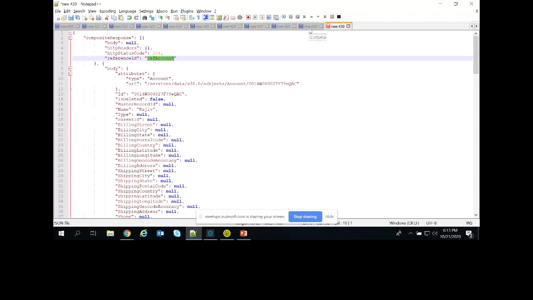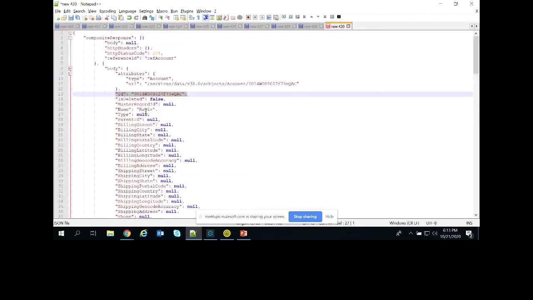Now, for the GET response, why am I using the GET method? Because I have to fetch the ID that the contact depends on, which is the account ID that I am sending. So I am using the new account info as the reference ID, and I am putting it into the account ID element in the contact. For the GET method on the account, I am getting the response with ID 00046.